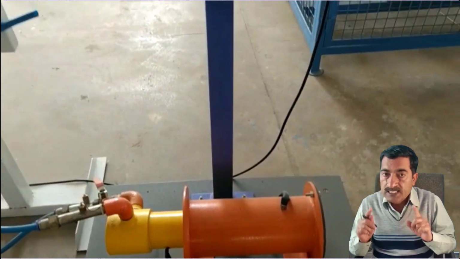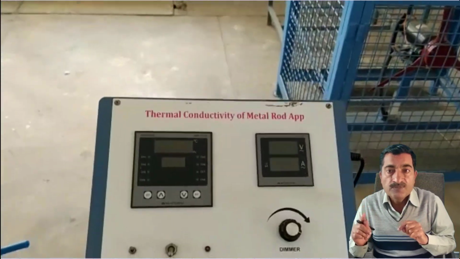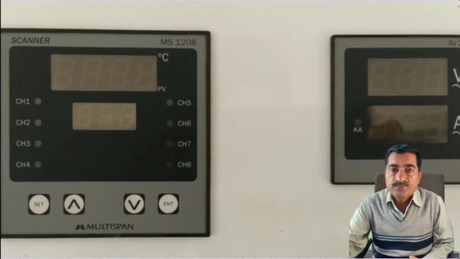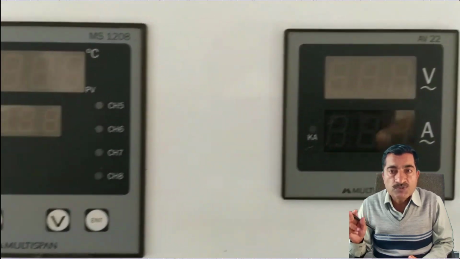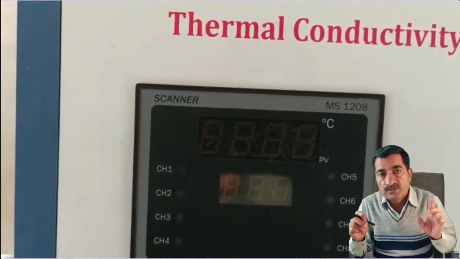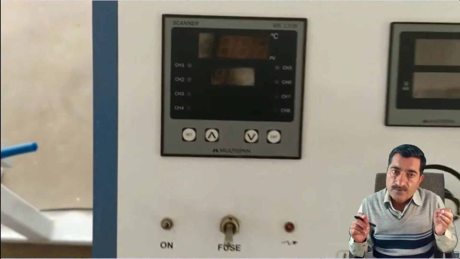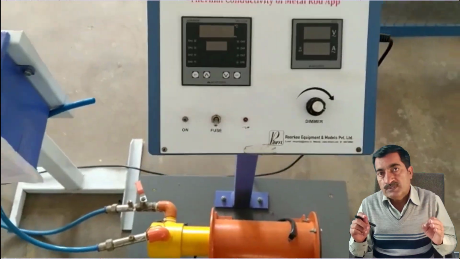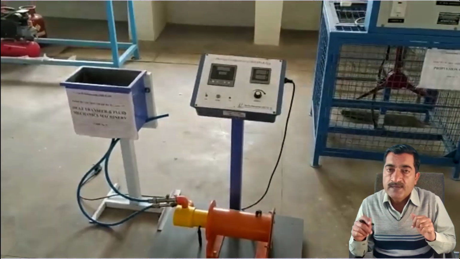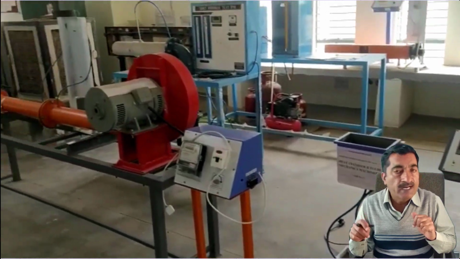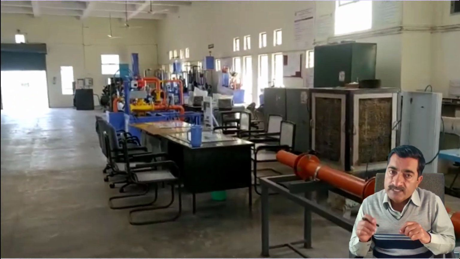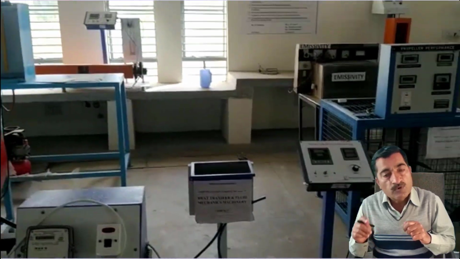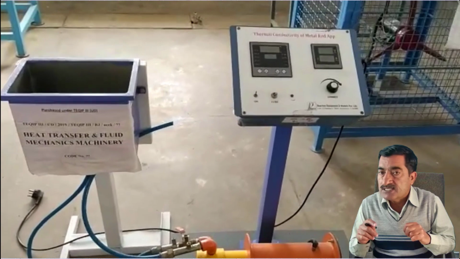Fourth, note down the reading of all thermocouples through selector switch. Then you can note down the temperature of all the thermocouples on the rod and the water temperature at inlet and outlet. Then plot the temperature against the location of thermocouples along the test section of the bar.